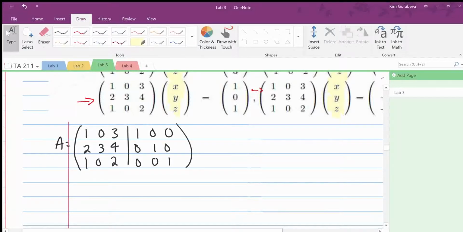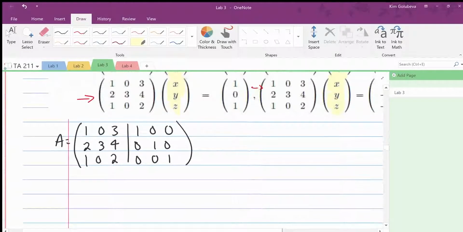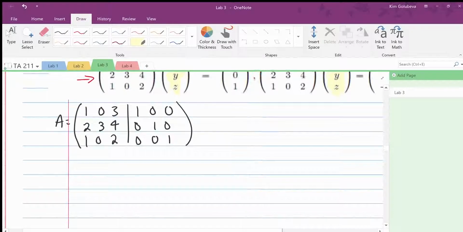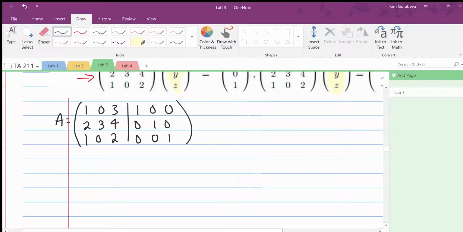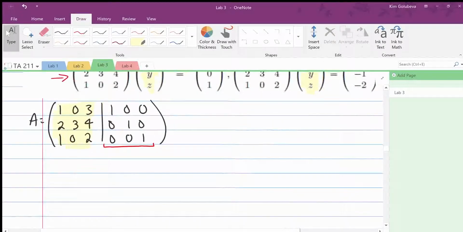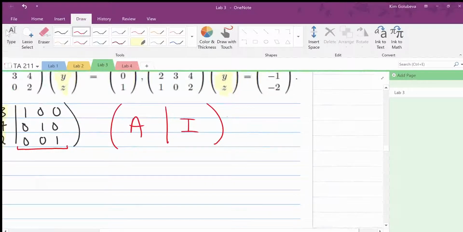I'll just quickly talk about how to find the inverse of a matrix. If you have a matrix, like your A right here, to find the inverse you're going to set it up like I have here. You're going to have the identity matrix beside it, just like in an augmented matrix. So you start with your A matrix here and your identity on this side, and you're going to do reduced row echelon form on A, so you're going to do row operations